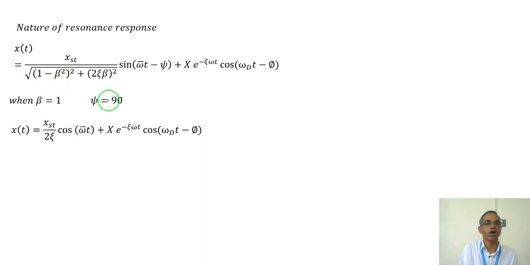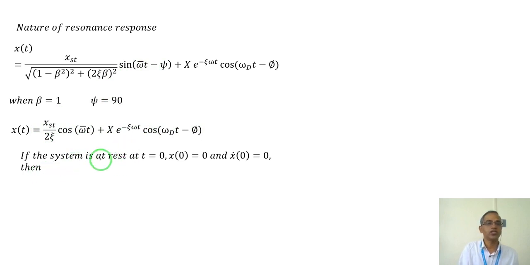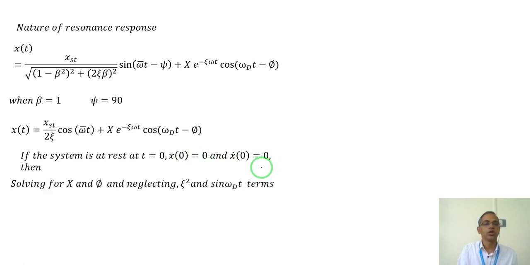Substituting beta equal to 1 and psi equal to 90, this is the response I get. Then using the initial conditions, that at time t equal 0 the initial displacement is 0 and the initial velocity is 0, and solving for this response, by neglecting some terms like xi square and the xi multiplied by sin omega d t terms,